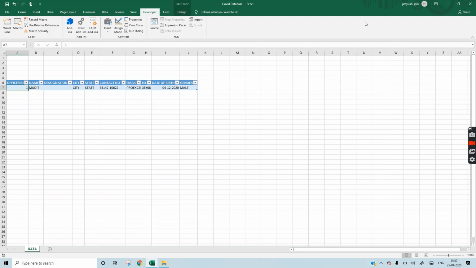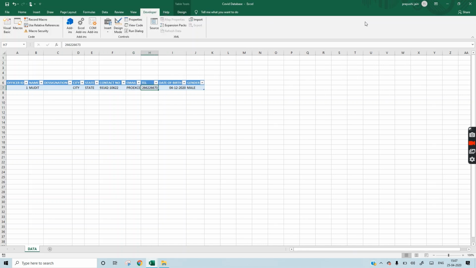As we can see that data has been properly mapped: officer ID, name, Mudit, city, state, contact number, email, telephone number, date of birth and male. Designation will be empty because we have not yet put code for the combo box.